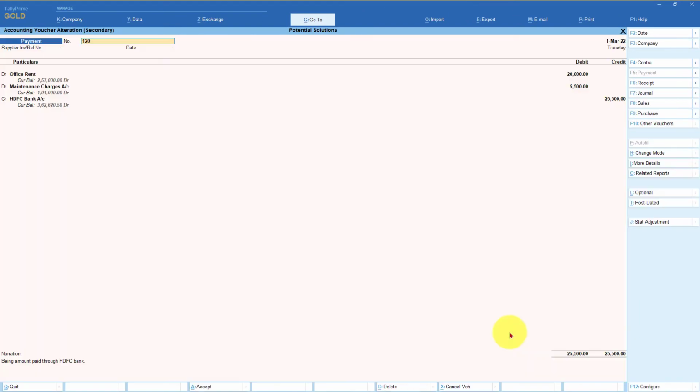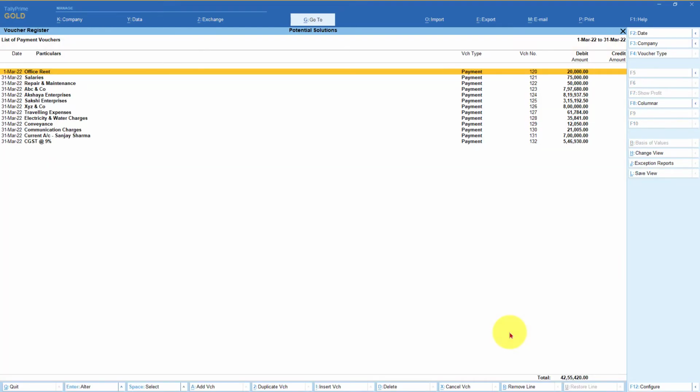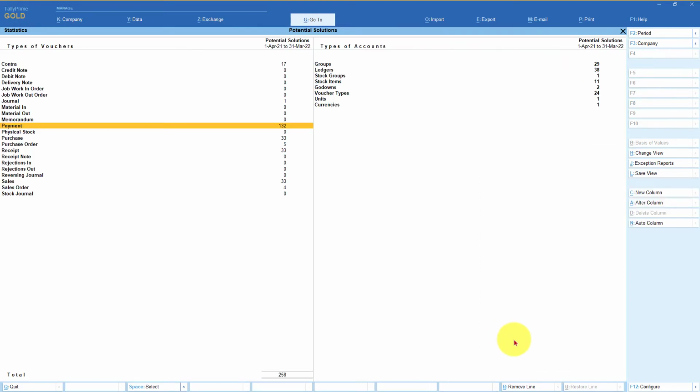So this will continue. But the question now is, I don't want any history. Even if I open this data in the non-tamperable edit log version of Tally, I don't want the history to be seen. So if that is what you wanted to do, how are we going to handle this? Okay, so now first let's come back here,